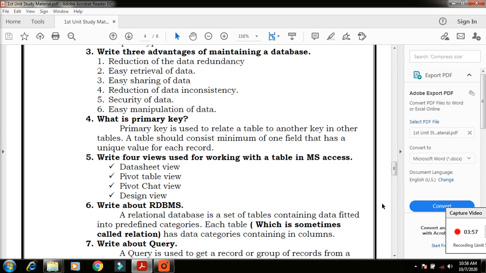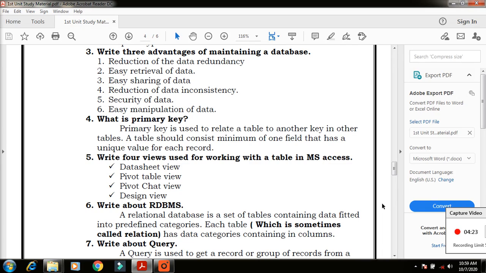Primary key means we can sort out the information from the table in an easy manner. So how to set it? Whichever column has unique values, for that column we can set the primary key. Okay, that is called a primary key.